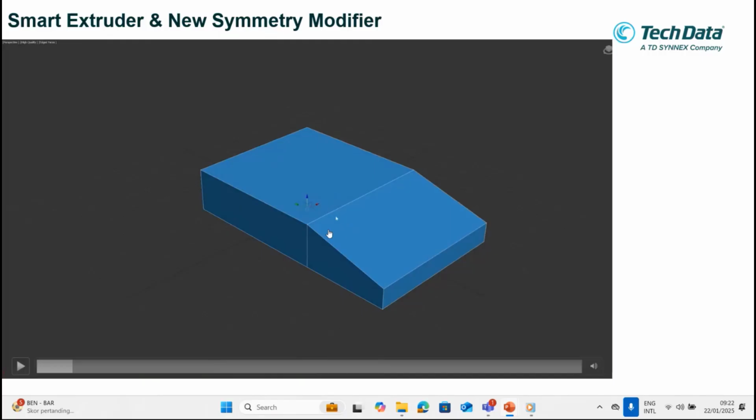When you do some extrude, basically you go to the modifier and click here to extrude, but right now there is a smart extruder. You only create from mesh, from the surface you want to extrude, and then you press shift. This is important because this is the fastest you can do by using the smart extruder tools, and the symmetry. Okay, let me continue.